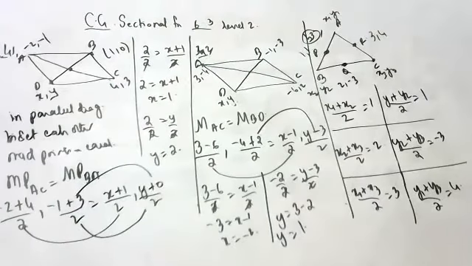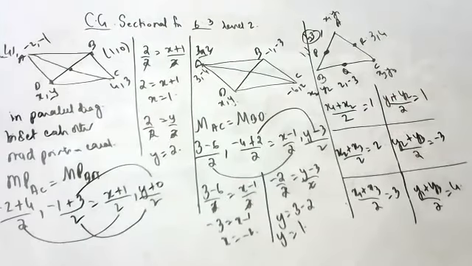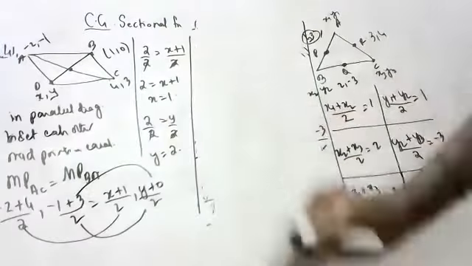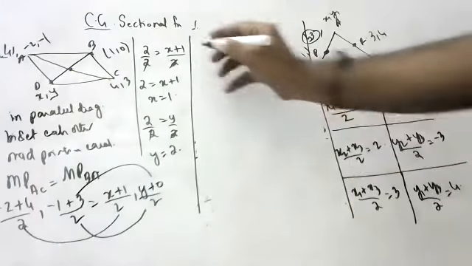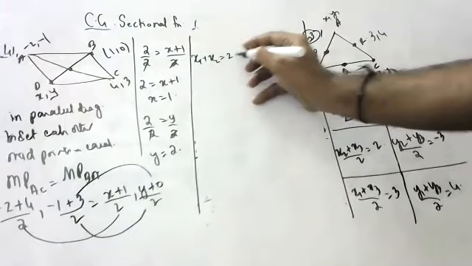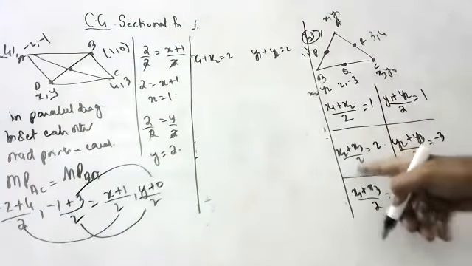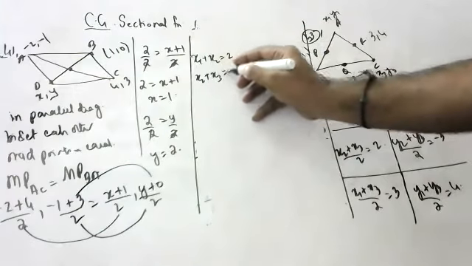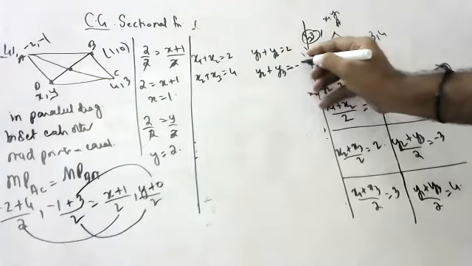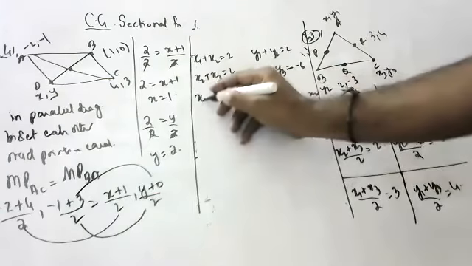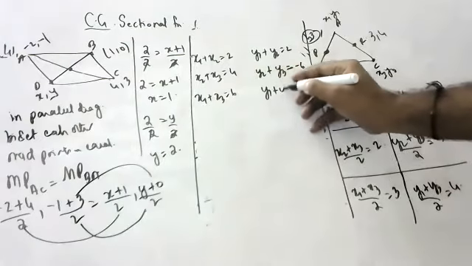Now, children, we have to bring all these denominators to the right side, since they are the same. Please keep copying, everyone should copy. Don't sit idle, children. So x1 + x2 = 2, y1 + y2 = 2, x2 + x3 = 4, y2 + y3 = -6, x1 + x3 = 6, and y1 + y3 = 8.